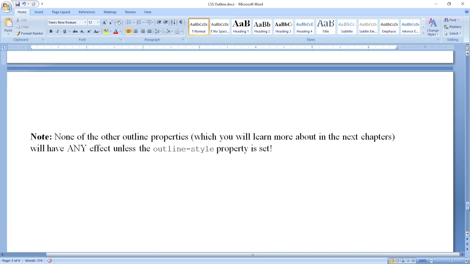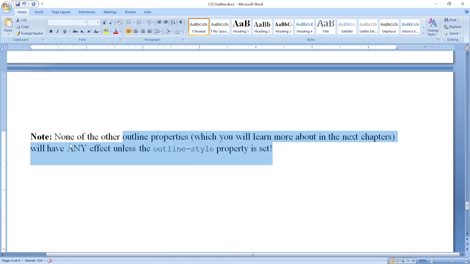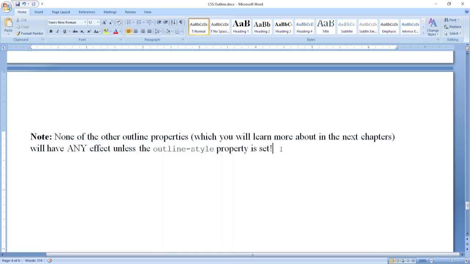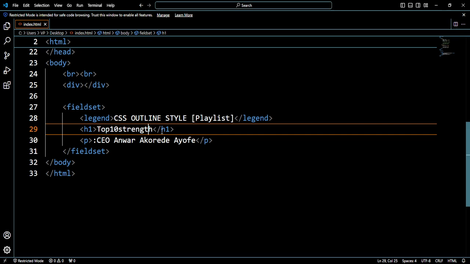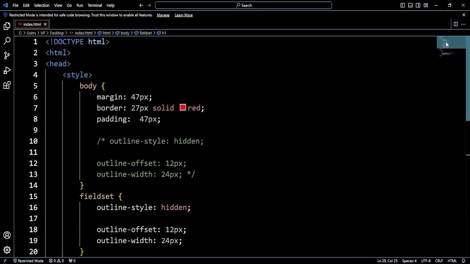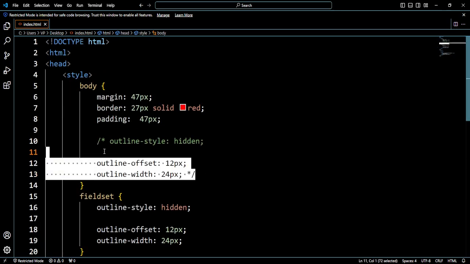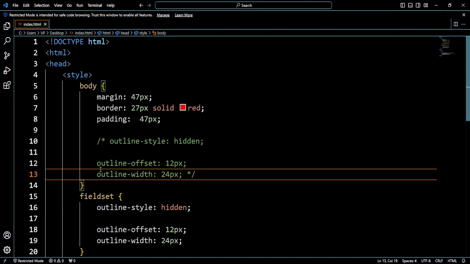And also, I want you to note something before I go. Note right here is that none of the other outline properties which you will learn more about in the next chapters will have any effect unless the outline style property is set. This big grammar you are seeing right here, I'm going to cut it short for you guys. That is, if you don't have anything like the outline style property or outline style value in your document, all the next outline properties that you are going to be learning about in the future tutorials,